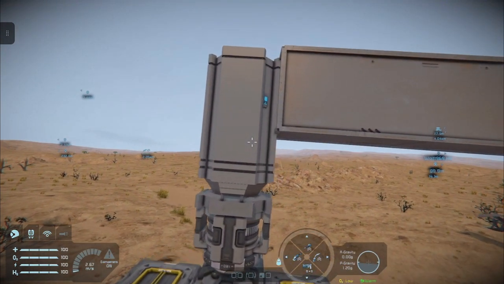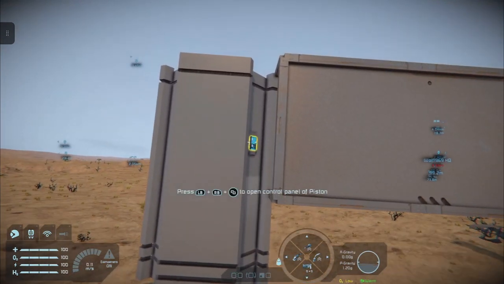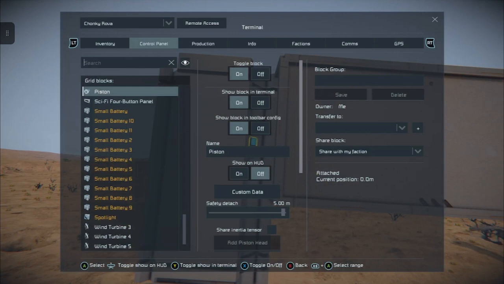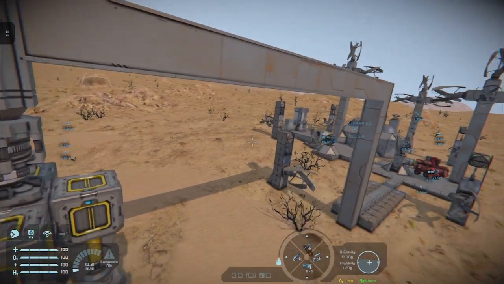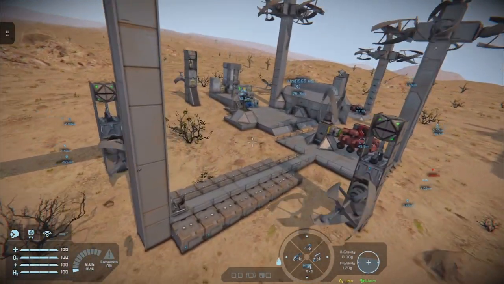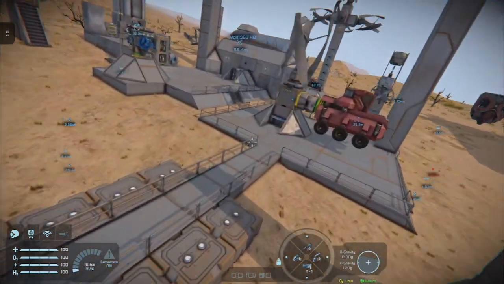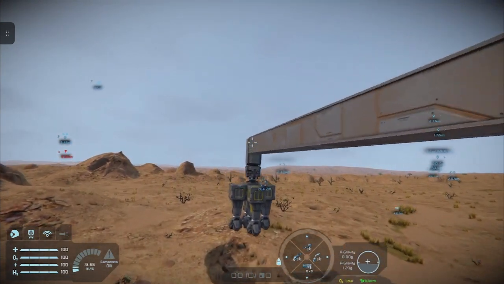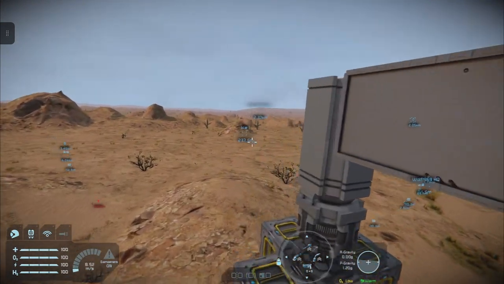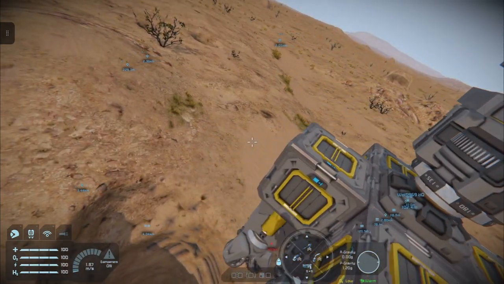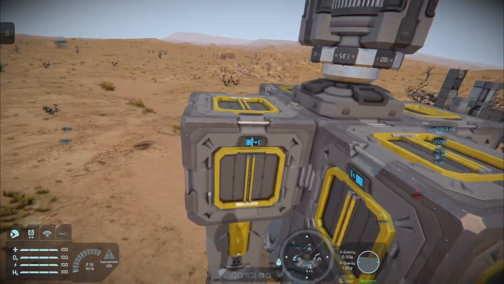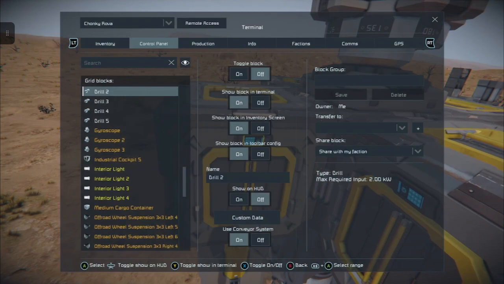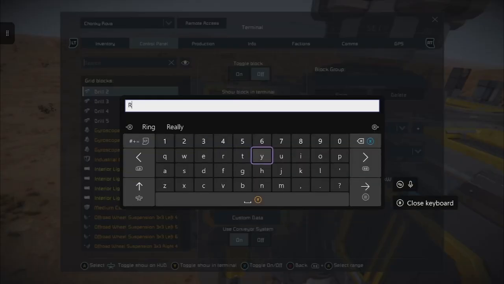And since I'm not playing on a server, I'm going to go ahead and just pop a shear inertia tensor for the time being. Yeah, we can use this. I can't remember if I've got any other rotors on this grid, so let's have a look.